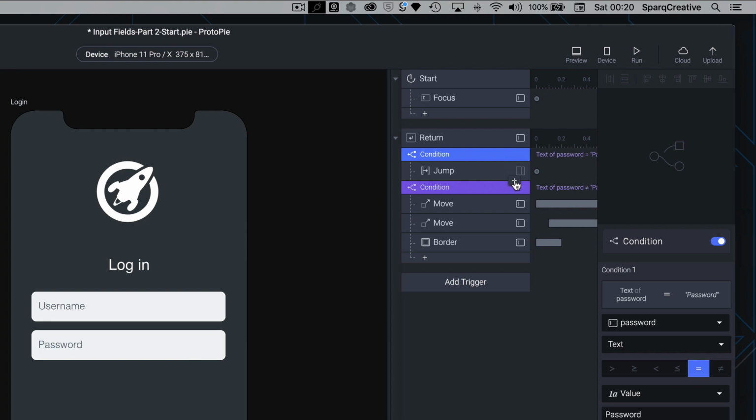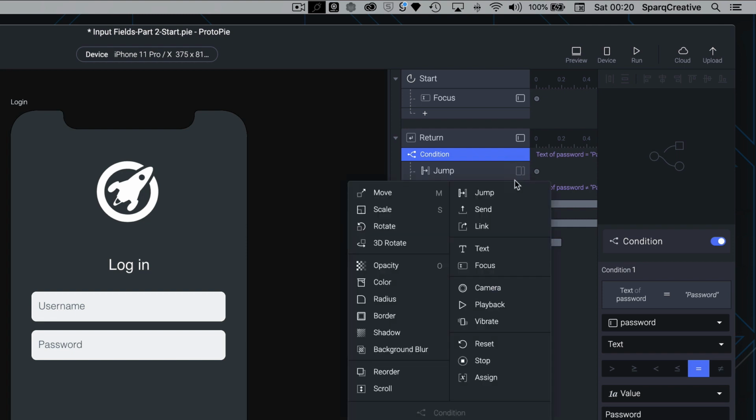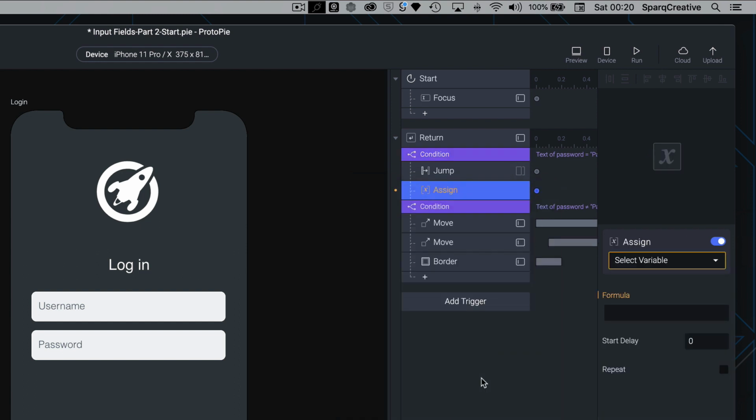So we're just going to hit plus here, and we're going to use the assign response. So assign response allows us to assign values to variables. We're going to choose our variable name, and we're going to use a simple formula to grab the input that the user puts into this input field, and write that into the variable that we just created. So if we tap on the FX button to go into our formulas,